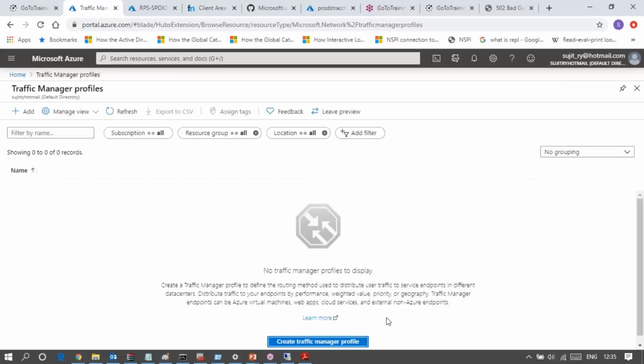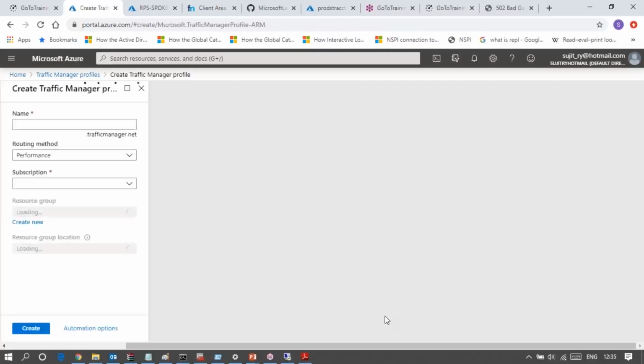Create the Traffic Manager profile. Provide the name of the Traffic Manager, like prod tm, and the full name is prod tm.trafficmanager.net.